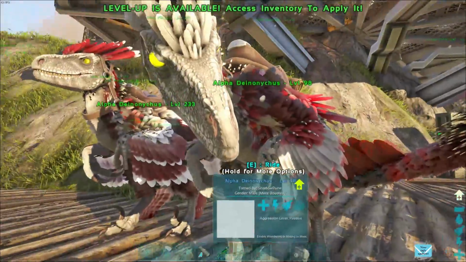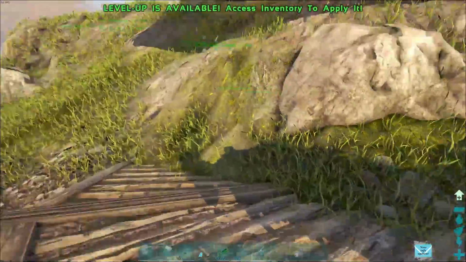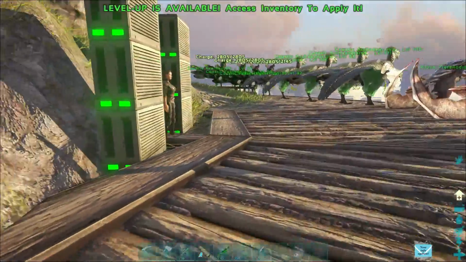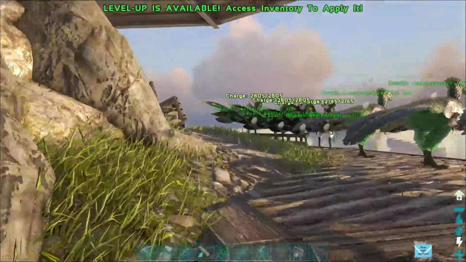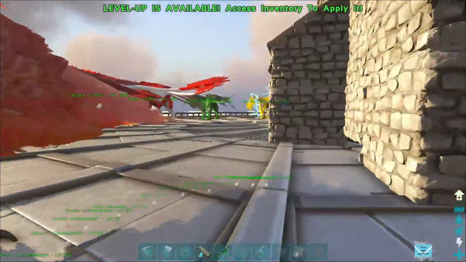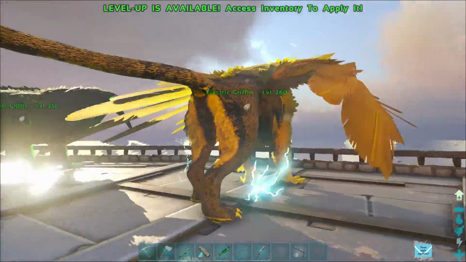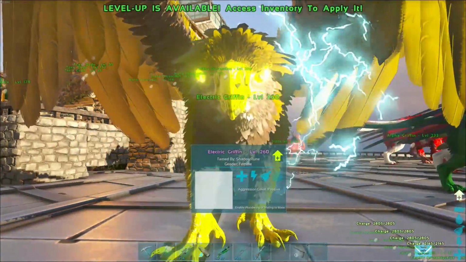Yes, so with alpha eggs you can then move on to your next kibble, which is your elemental kibble. Now, as soon as people have elemental kibble, the first thing they're gonna do is go for a griffin, like a light griffin, a fire griffin, caustic, one of those, which is all good and nice, because then you've got a higher level dino to play